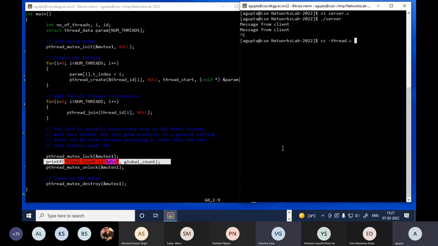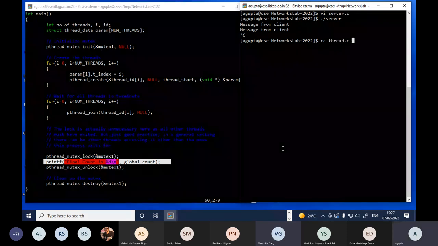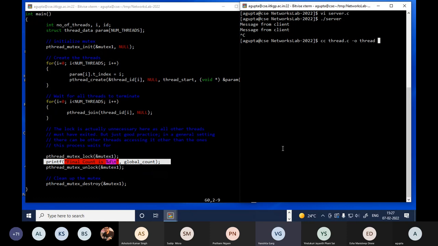So when you use pthreads, you have to do that pthread.h include. And you have to link with the pthread library, which is libpthread.a. So just like -lm, you do -lpthread. Okay. And now if I run this thing,